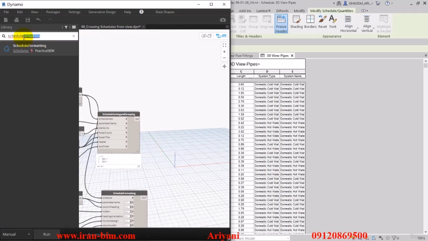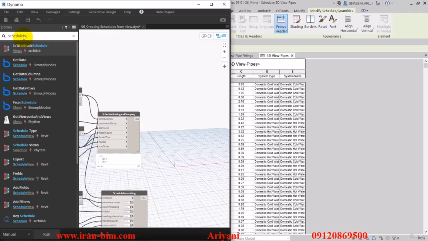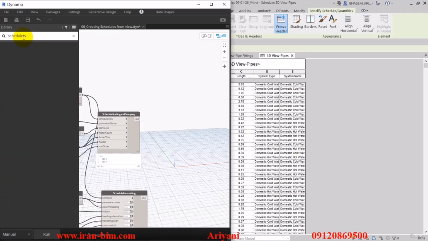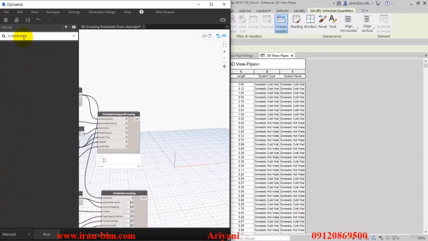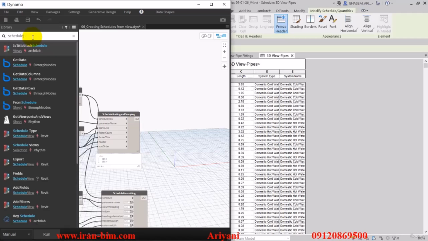But first, let's go over here to the library and look for schedule is, and I just have to find which one of these it is. Let's see. It's not this one, and then schedule is,